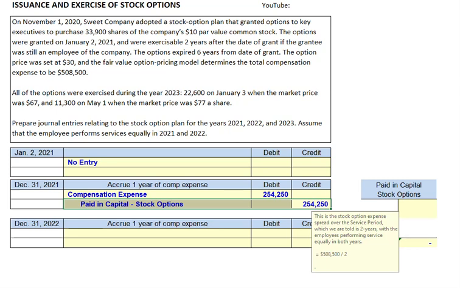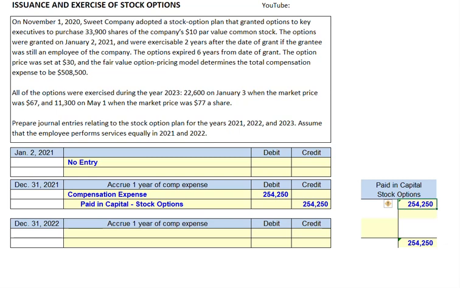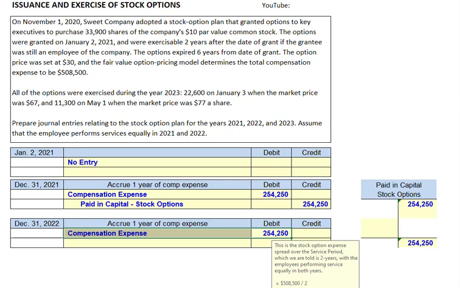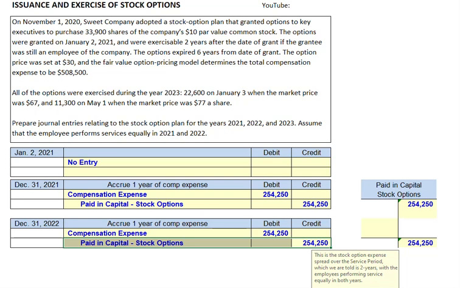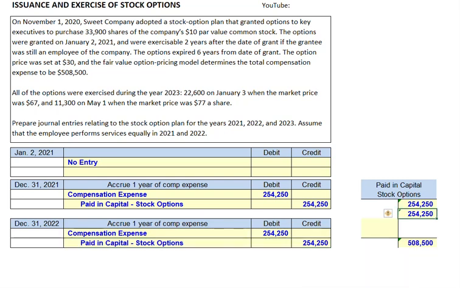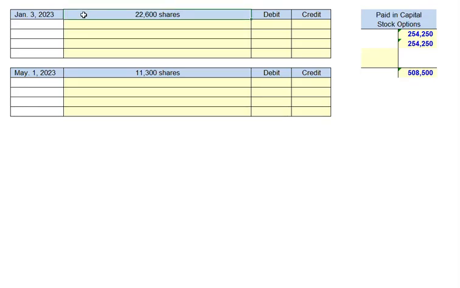So our paid-in capital for stock options account will have a $254,250 balance at the end of the first year. During the second year of our service period, we record an additional $254,250 in compensation expense, the other half, and once again, we credit paid-in capital stock options. Now let's take a look at the journal entries we'll make when the stock options are exercised and if they expire worthless. We're told that on January 3rd, 2023, when the stock price is $67 a share, employees exercised 2/3